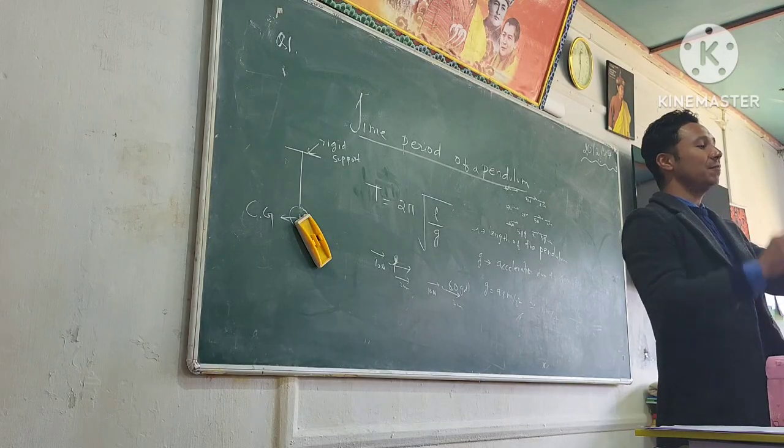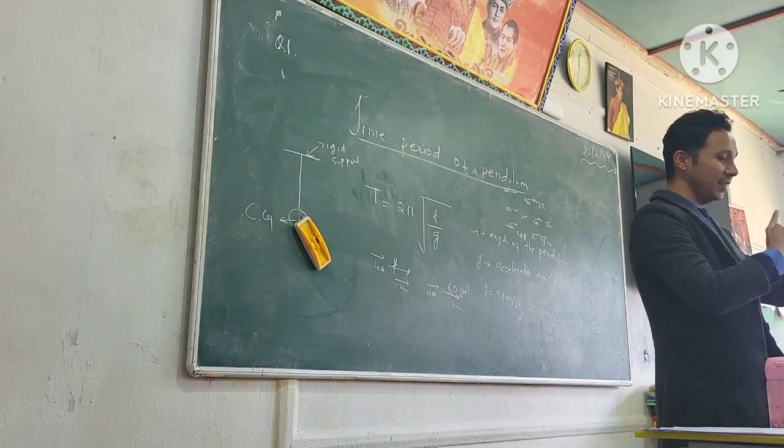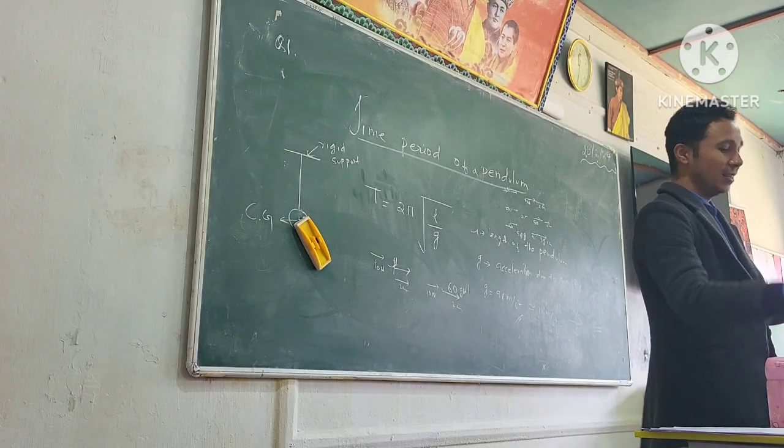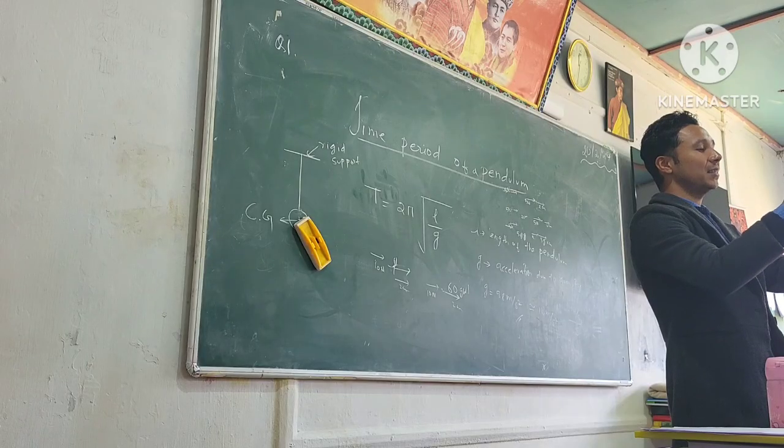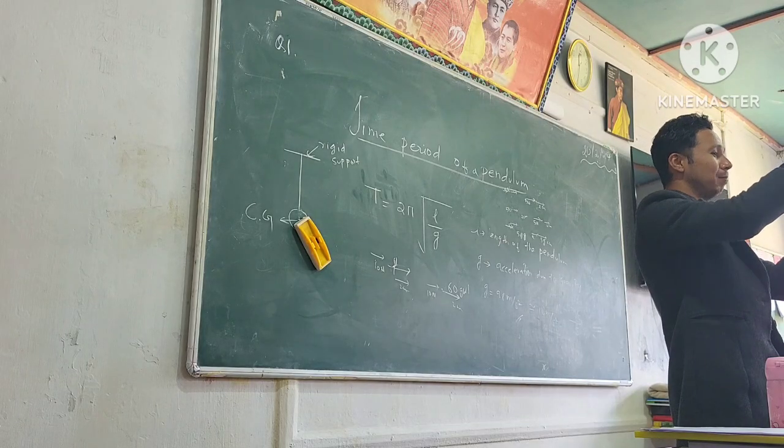So if this pen was uniformly distributed, then I could have said the center of gravity is exactly the center. For example, here in the scale, this mass and this mass, everywhere it is uniformly distributed, and this is a completely